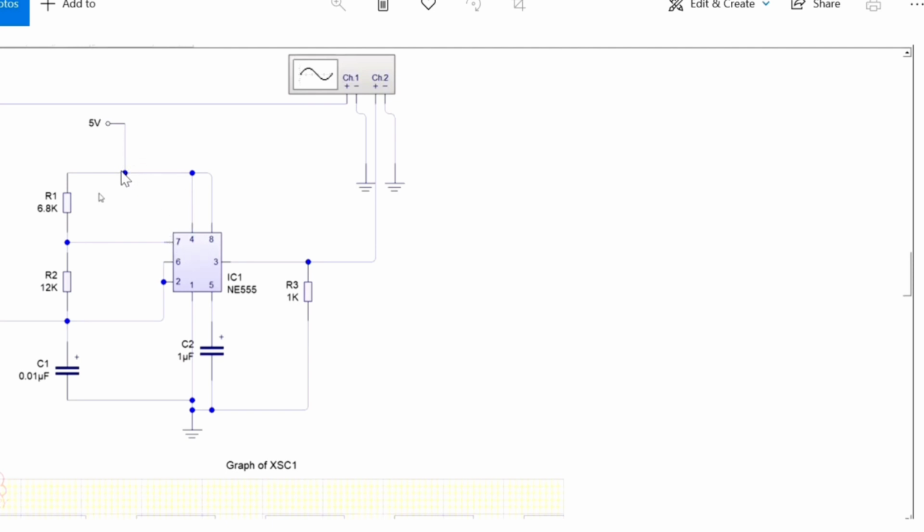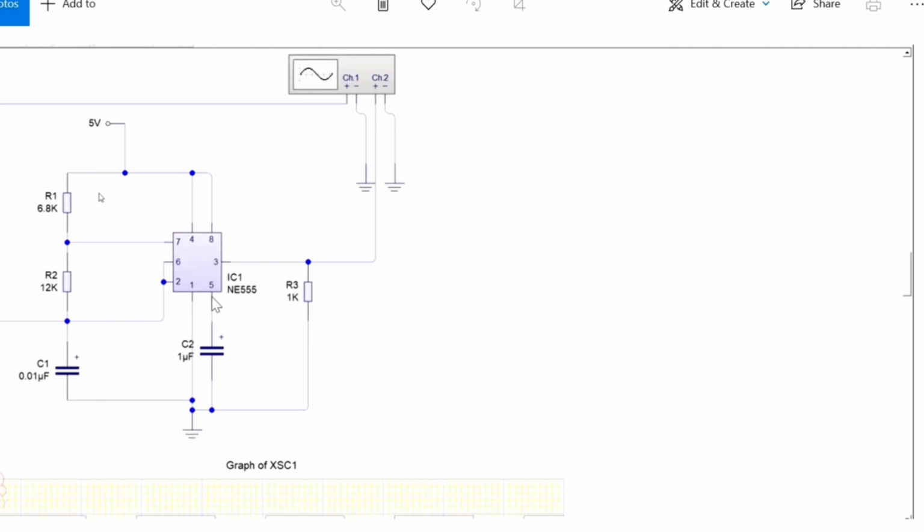In between the 4th terminal and the 7th terminal, a 6.8 kilo ohm resistor is connected. And in between the 6.8 kilo ohm and the shorted combination of the 6 and 2 terminals, a 12 kilo ohm resistor is connected. Then pin 1 is connected to the ground. In between pin 1 and the combination of terminals 2 and 6, at the other end of the 12K, a 1 microfarad capacitor is connected. In this capacitor we are going to see the capacitor charging and discharging.